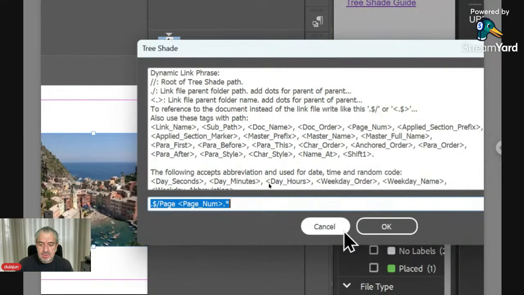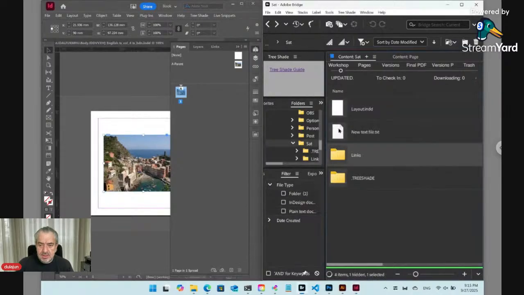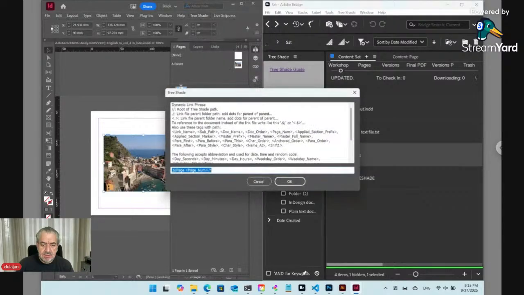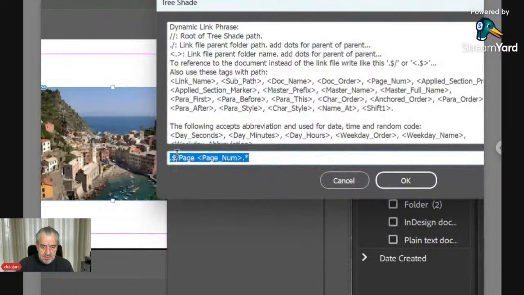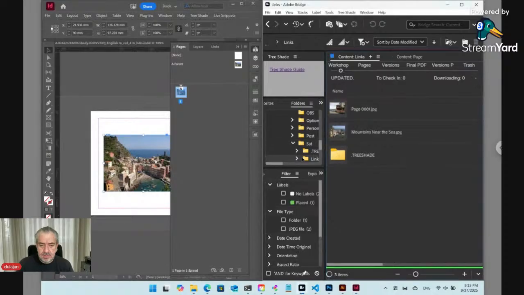And I forgot to add the links folder, because the links are inside the links folder. So let's set dynamic link on selected, and let's add here links. Okay. Now let's save or update record